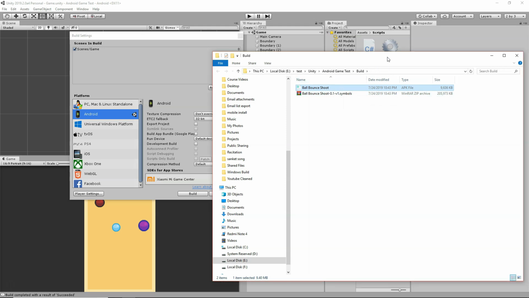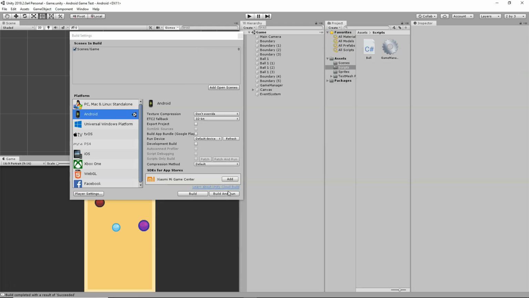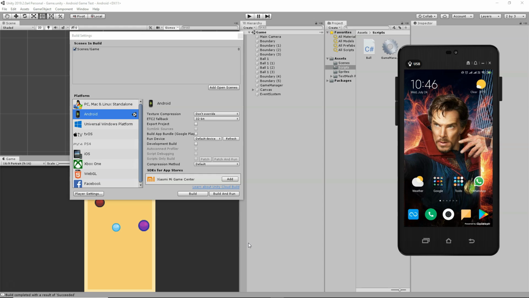Now another way we can do is, we can simply go ahead and click on build and run, and before doing that you need to make sure that you have connected your mobile device to your computer via USB, and then you can build it right here and install it on your mobile device directly. So now I have